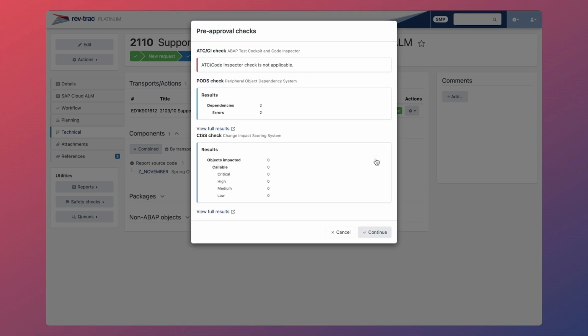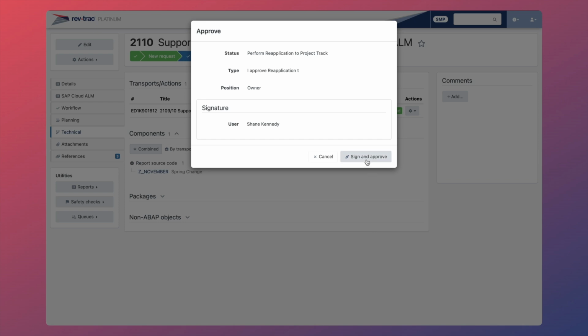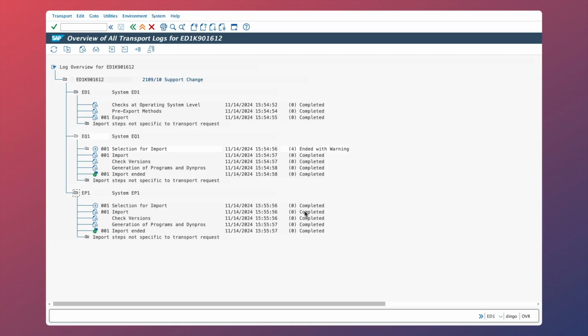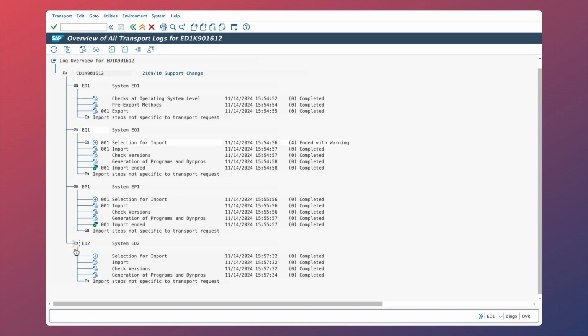If this change was in conflict with code in development in S4HANA, or triggered negative results for the ABAP Test Cockpit or S4HANA readiness checks, these will be flagged. Fortunately, this change is fully compatible with S4HANA, so the migration can continue smoothly. After signing and approving, the status changes to blue, indicating that the retrofit is in progress. We can head to the transport logs to see this migration in action, which we can now see has successfully